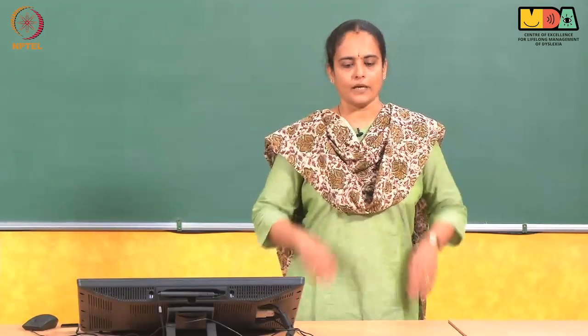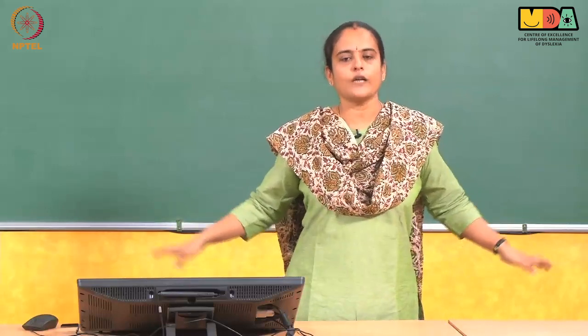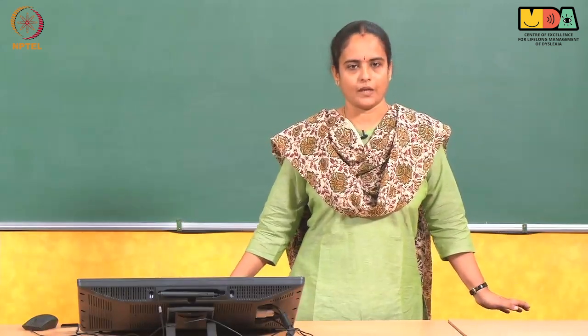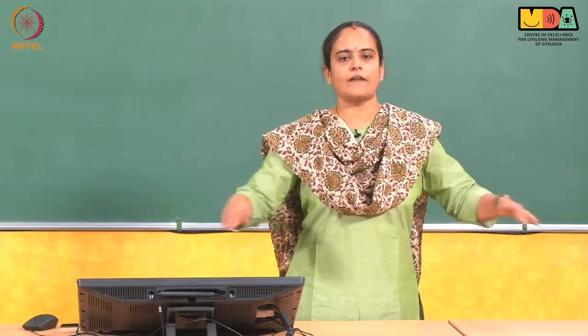So, I am the landform. Island is a landform that is covered on all four sides by water. Peninsula is a landform that is covered on three sides by water. Please note that I have stopped my hand till here, meaning it is covered only on three sides. I have not completed the circle.